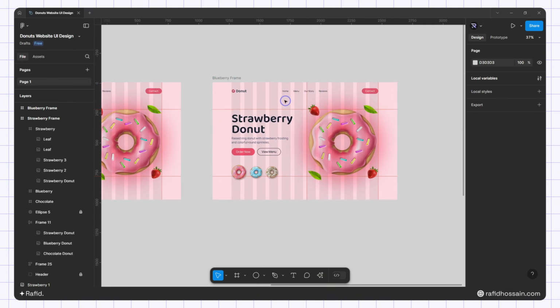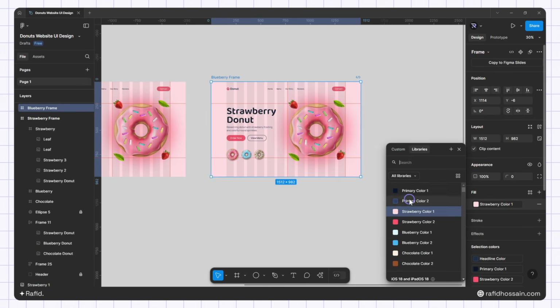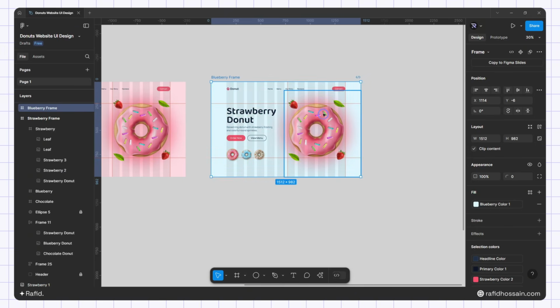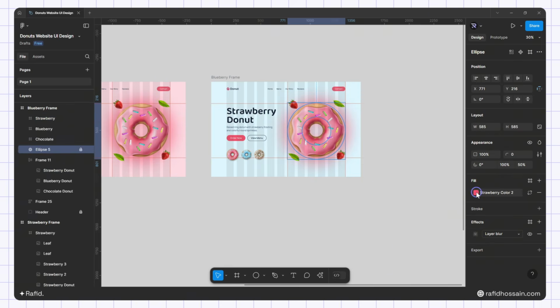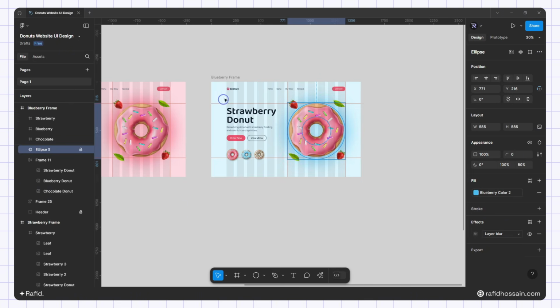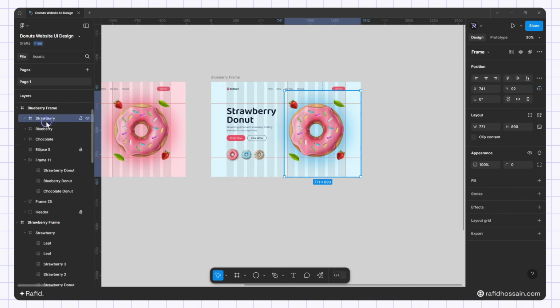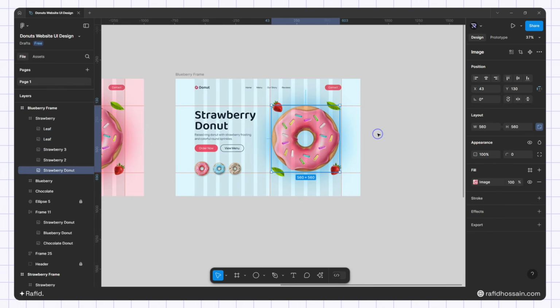So blueberry frame, and now I'll select the frame and I'll change the color to this color, and for this blur color I'll change this to blueberry color too, like this. So select this strawberry frame now, and I'll add this to, I'll select this one and I'll add the rotation